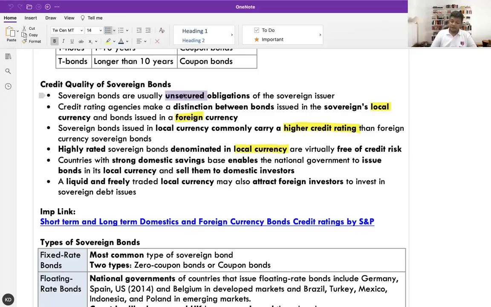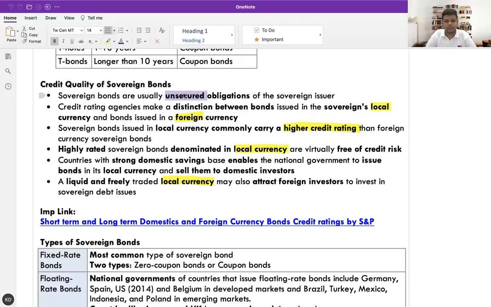A liquid and freely traded local currency may also attract foreign investors to invest in sovereign debt. So if you are a US citizen and the dollar is your domestic currency, but that dollar is so freely traded that even foreign nationals feel the dollar is more liquid,